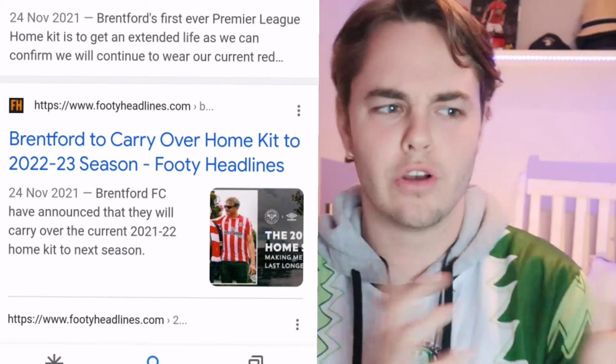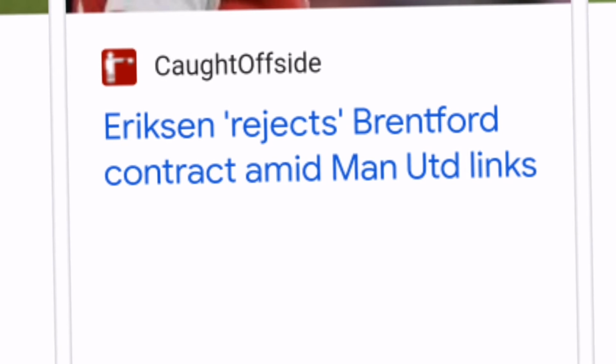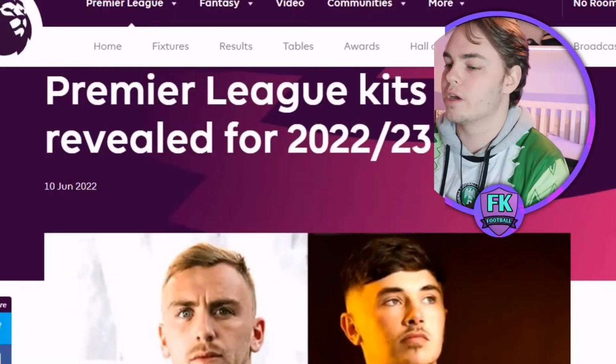including Brentford, who haven't released a new kit. I mean, they weren't able to keep hold of Christian Eriksen, but at least they can keep that kit from last season. Man, that's just mean. That's mean, man. But of course, getting into our first reaction, we're going to be looking at what I believe